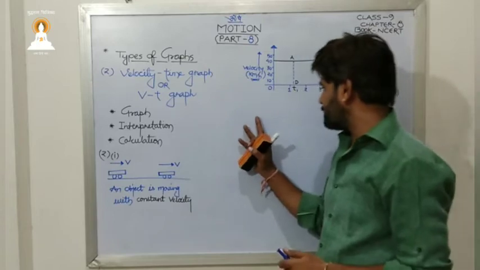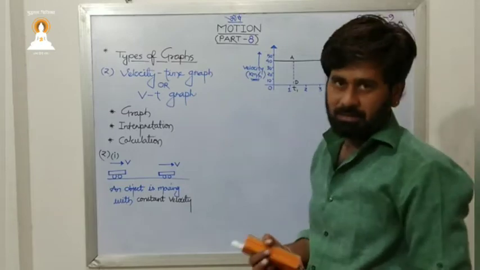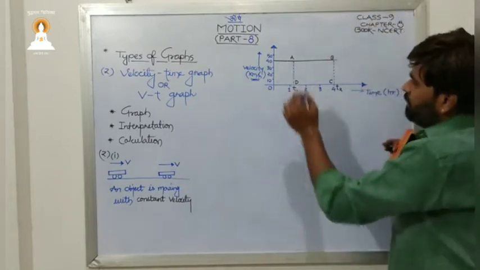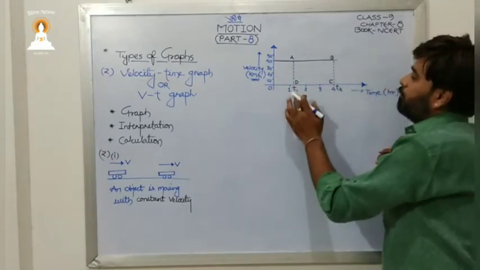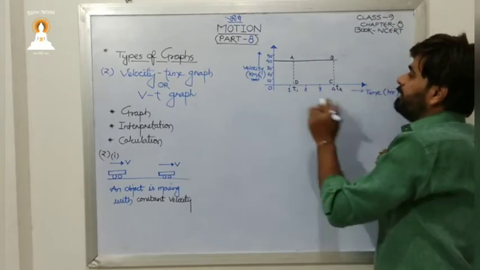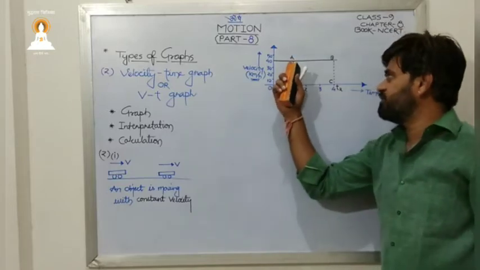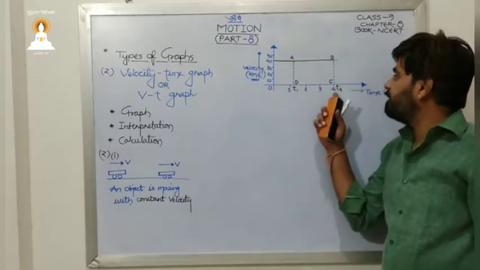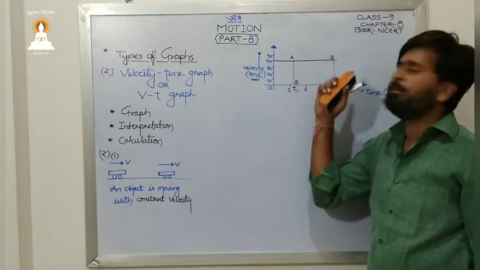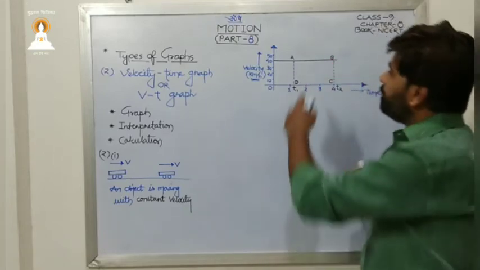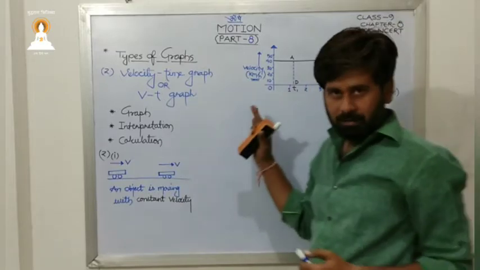Here we are multiplying, but why should we? So we will take the help of mathematics. Now we may see, suppose I observe this particular motion from t1 to t2. At t1 I draw a dash line touching this graph vertically, and another dash line at t2 touching this graph at point B. Then ultimately we are getting a rectangle, that is ABCD.